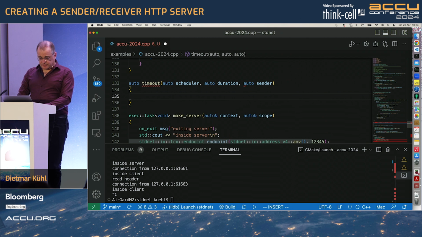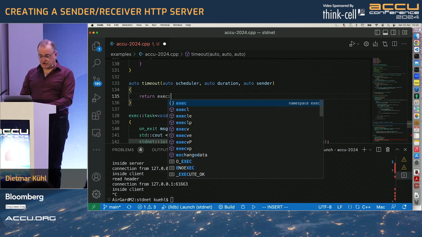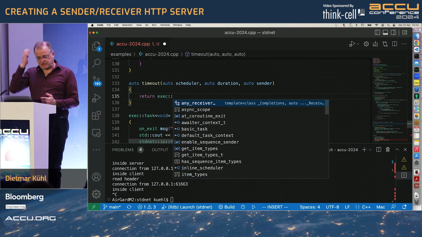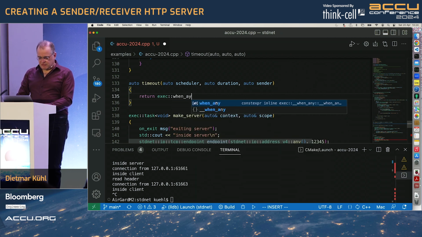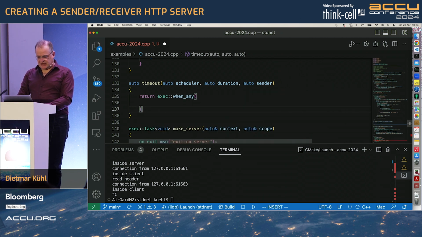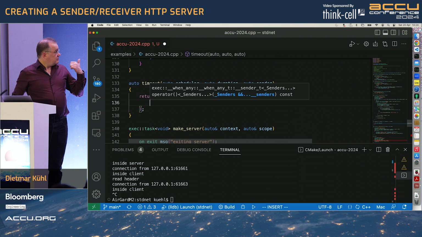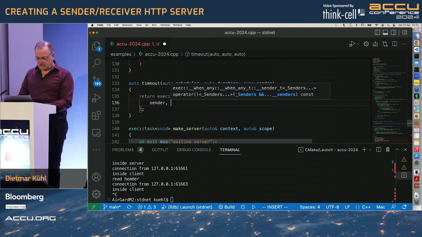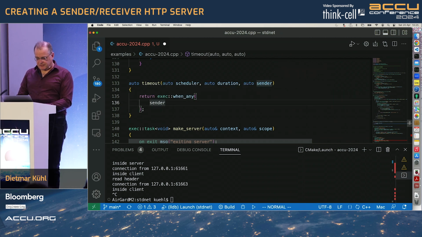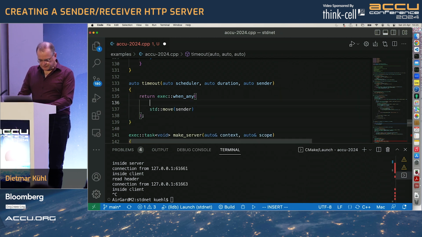And what we do in here is a similar attempt as the other one. I will create essentially a sender, which is one of the senders you actually cannot easily create with coroutines alone. You can write a coroutine thingy which does something like that, but it's a little bit fiddly, and doing it with senders is actually easier. The idea is to have basically a when_any, which will run as one of the things the sender we basically passed in. We can just move it because we get it as a variable. And then the other thing it should do is, well,